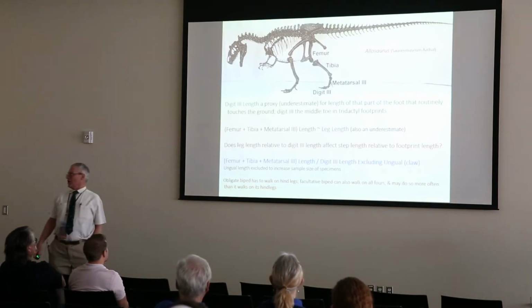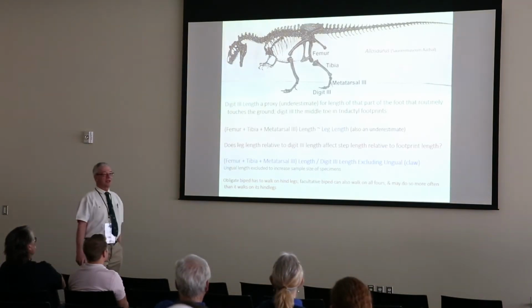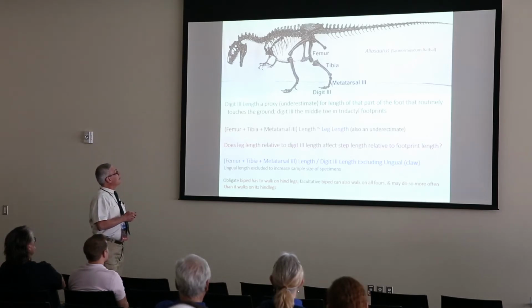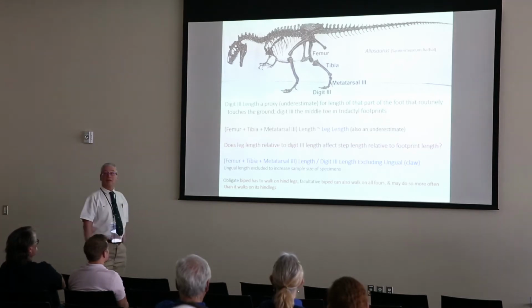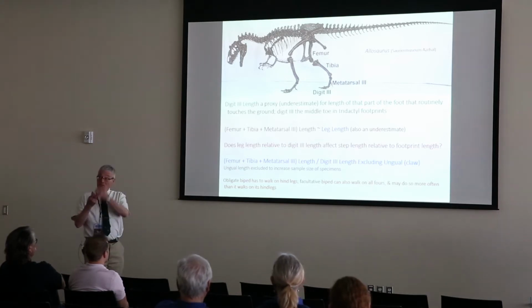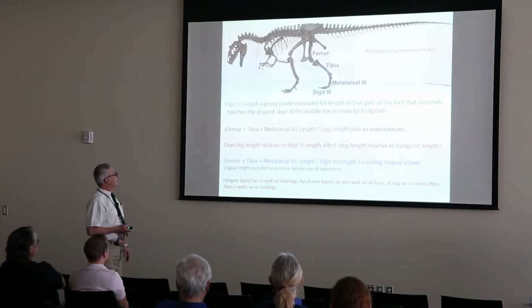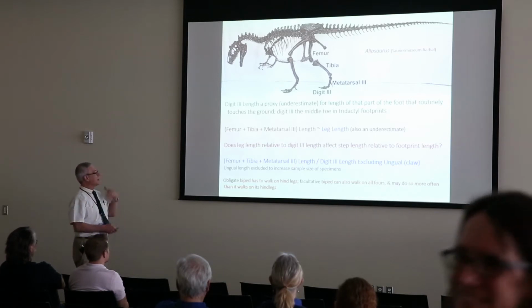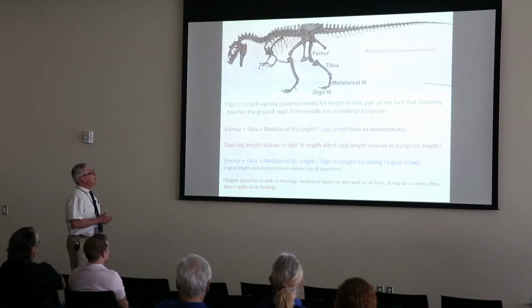We're going to be looking at several proxies for the size of the foot and the size of the leg. We'll look at the digit 3 length in skeletons. It's an underestimated proxy for the length of that part of the foot that will routinely touch the ground. Digit 3 is the middle digit of the toe. The proxy for leg length that we'll be using, which is also a bit of an underestimate because it doesn't include articular cartilages or, in some cases, the ankle bones, will be the combined lengths of the femur, tibia, and